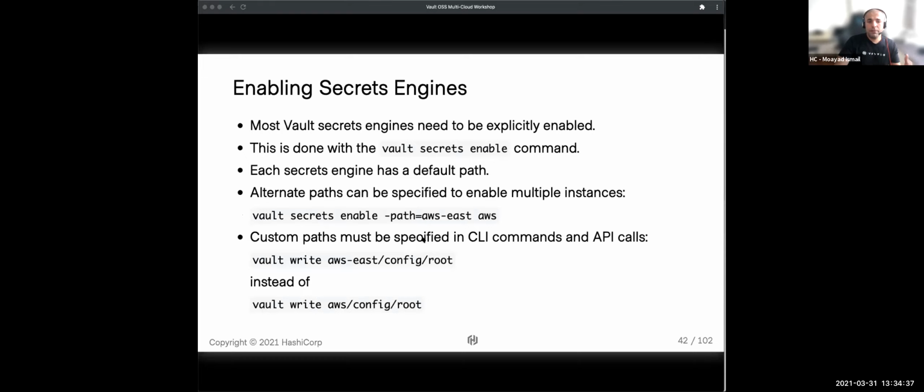So how do we go about enabling secret engines? Quite straightforward. The vault secrets enable command allows you to mount a secret engine. Here's an example: we say this is the type of secret engine, it's of type AWS. And as you can see, you have the option of setting a path. This is really important because